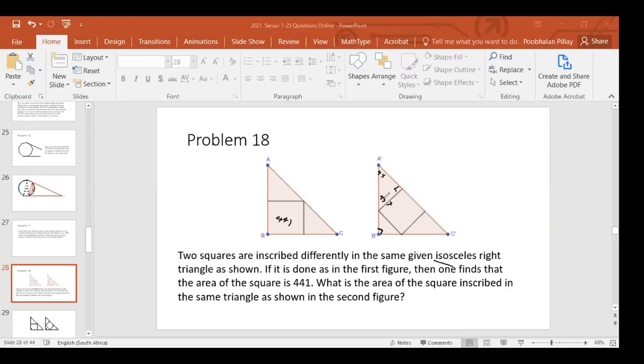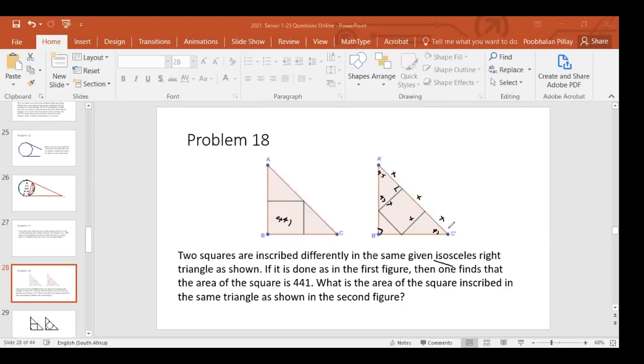But now this small triangle is isosceles, so that becomes x. So in this square here, the side is x. So this part here will also be x, and this will also be x here because this is a square. And again, you've got a 45 here at the bottom, so this will be x. Right?